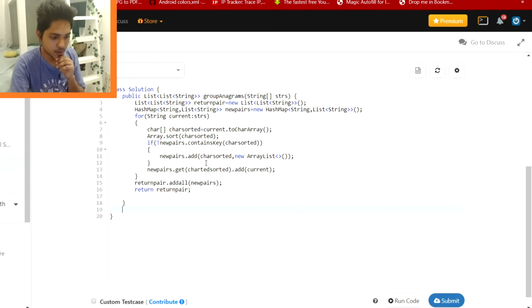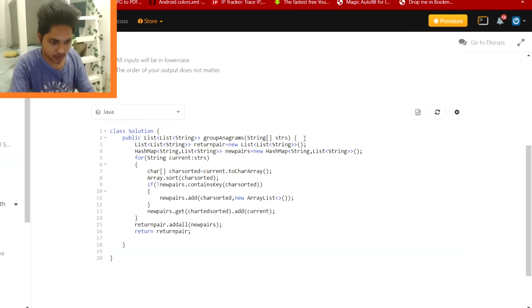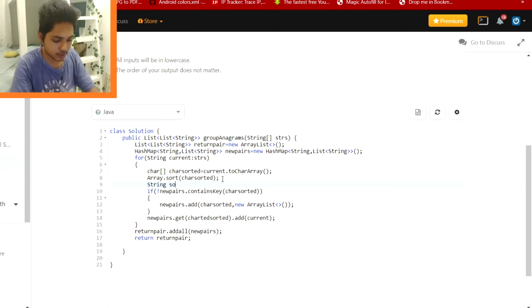Actually, I made a mistake in here. It will not be this ArrayList, and yeah, no, this is fine. Oh, I made a big mistake here. Actually, I need to create string sorted, which will be equal to new String, and it will contain the char of sorted value, right?